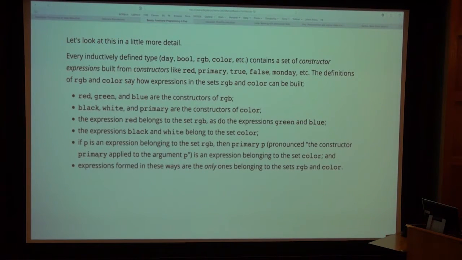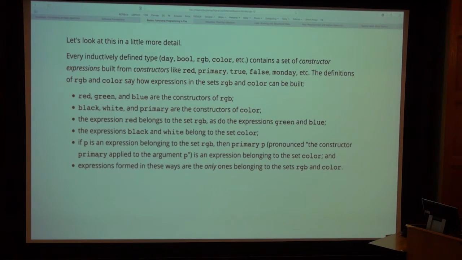And only those things. That's the final bit of the force of the Inductive keyword: it says, here are some trees, let's give a name to those, and let's say that the only things described by that name are the things that we just defined.